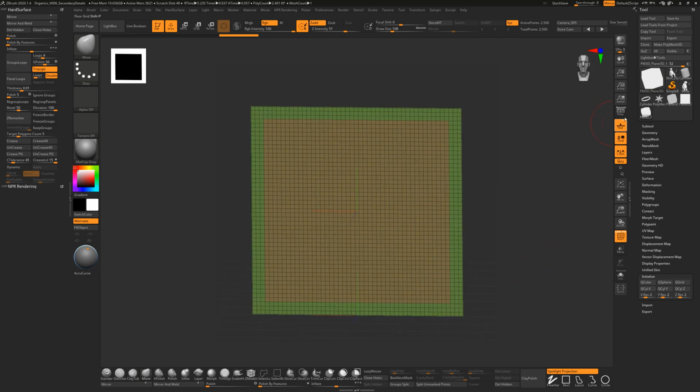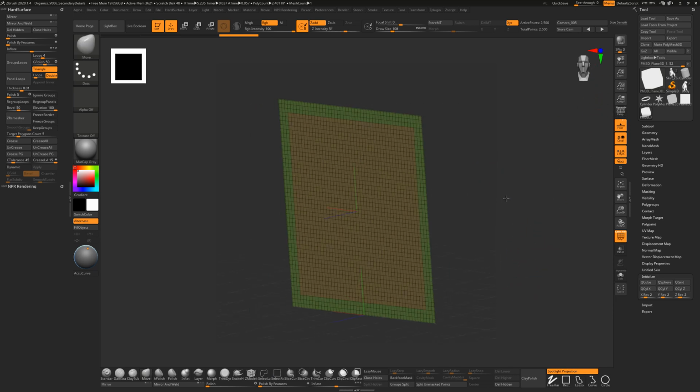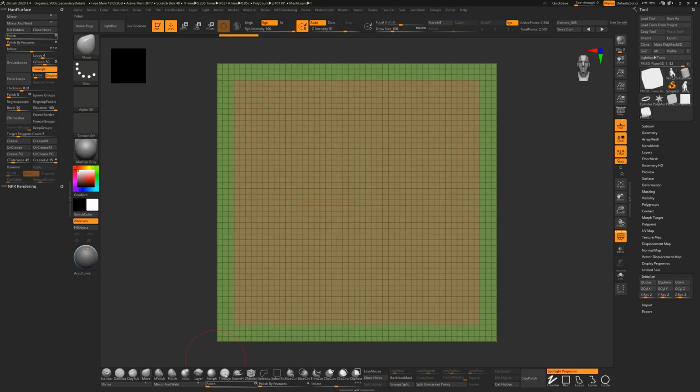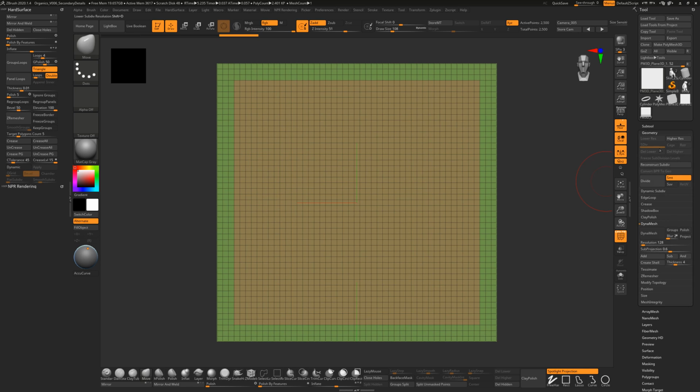Now if I've got perspective turned off, and I rotate my camera and hold down Shift and snap it, if I tap F, it'll frame all the way into the document. And that's pretty important for us later whenever we go to grab the depth information from this. So basically we're going to make a brush, turn it into depth information, and that'll be good for what we're trying to do. So what I want to do is add subdivision levels to this,